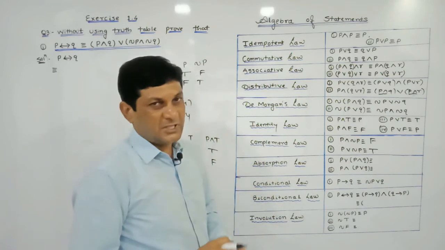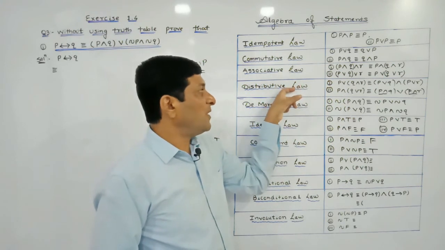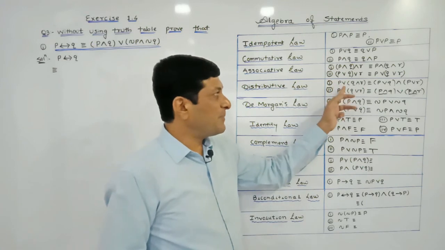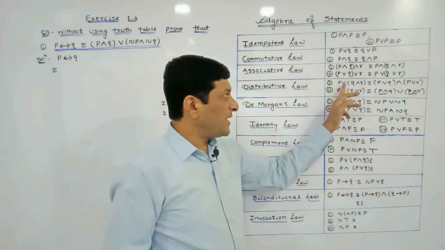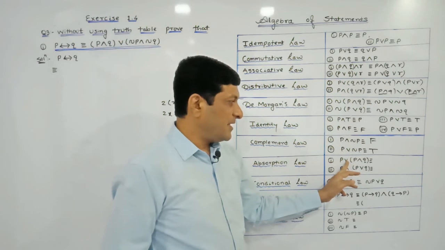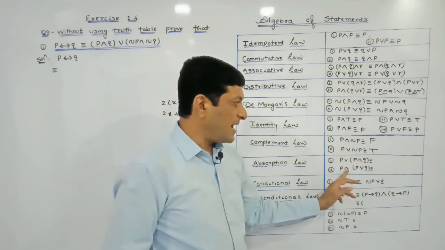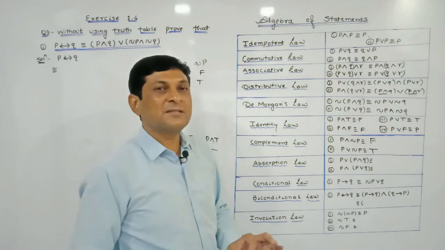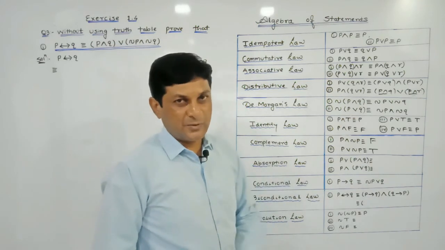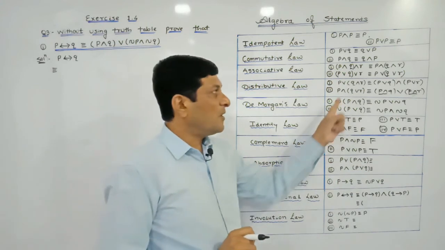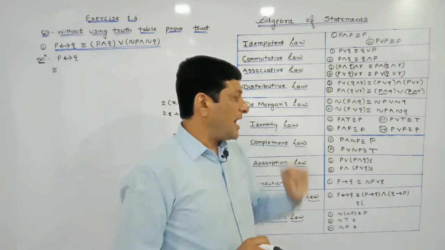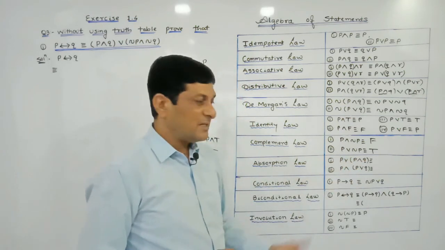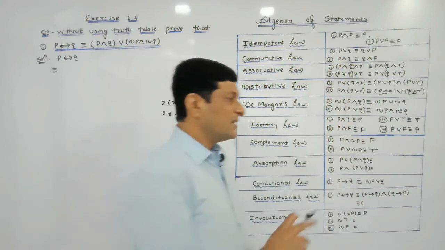Now absorption law. If you observe, distributive law and absorption law are both the same in arrangement. अगर यहाँ पे पहले एंड है तो बाद में और है, और पहले और है तो बाद में एंड है. Here first OR then AND, and here first AND then what? OR. Means the arrangement of the terms is just like what? Distributive law. But in case of distributive law, all three statements are different, P, Q, R. But here if you observe, two statements are what? Identical. Two statements are identical.